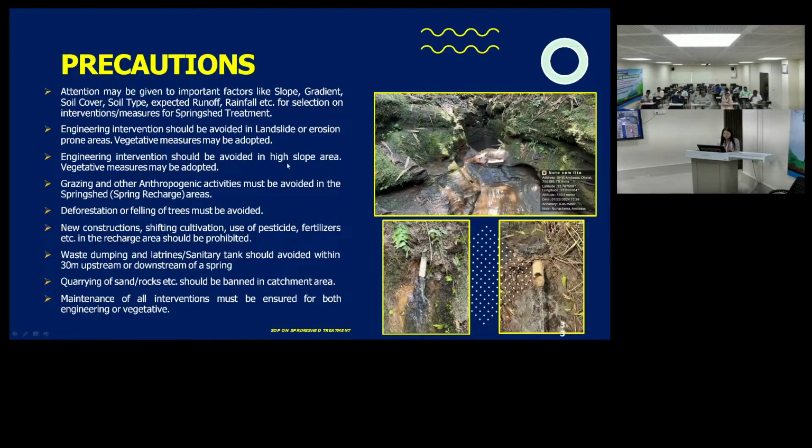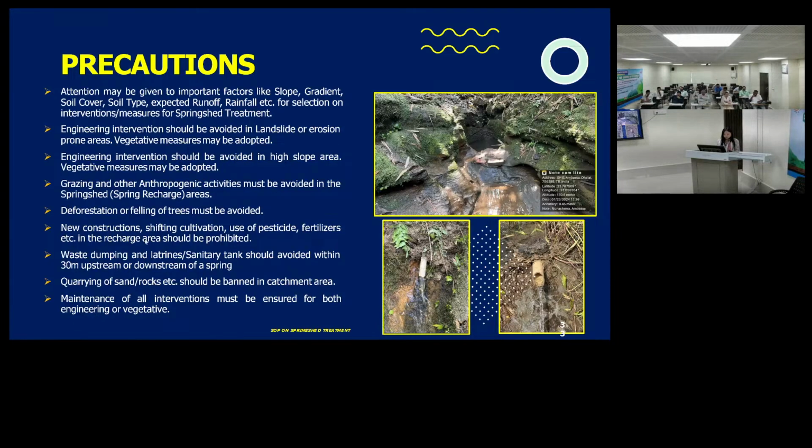Then intervention should be avoided in high slope areas. Then grazing and other anthropogenic activities must be avoided in your recharge area or your intervention area. Then deforestation and felling of trees should be avoided. New construction or shifting cultivation, and use of pesticides and fertilizers in the area should be prohibited. What usually happens in the northeast, in hilly areas, is that people practice shifting cultivation. We call it Jhum cultivation, which also affects the recharge and spring of that area. So those need to be